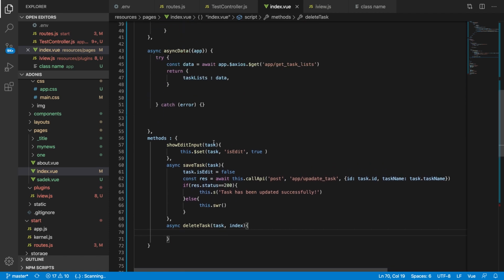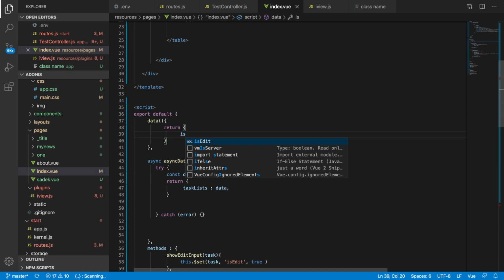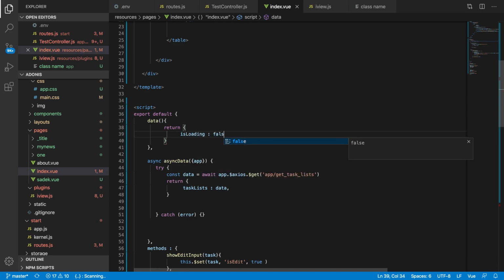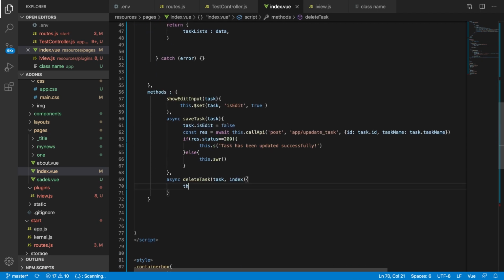And yeah, for deleting, let's make something cool here. Is loading, we can say by default false, or is deleting, and we can say this store is deleting equal true, and then we can run the similar way, constant res await this dot call API, again a post